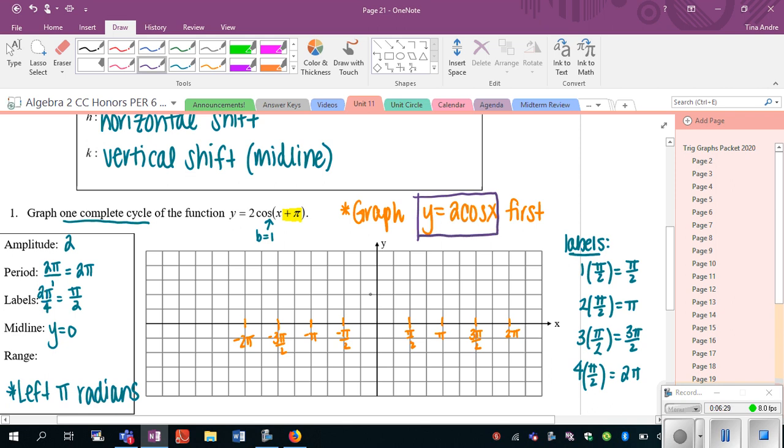So I'm going to go up, and for this I'm just going to go up by 1. So I'm going to call this 2 and this negative 2, just to make it easier with midlines and that kind of thing. So I'm going to start up at 2. I'm going to go down to 0 at pi over 2. Then I'm going down to negative 2 at pi, back to 0 at 3 pi over 2, and then back up to 2 at 2 pi. And then for this one, I'm going to draw it as a dotted curve